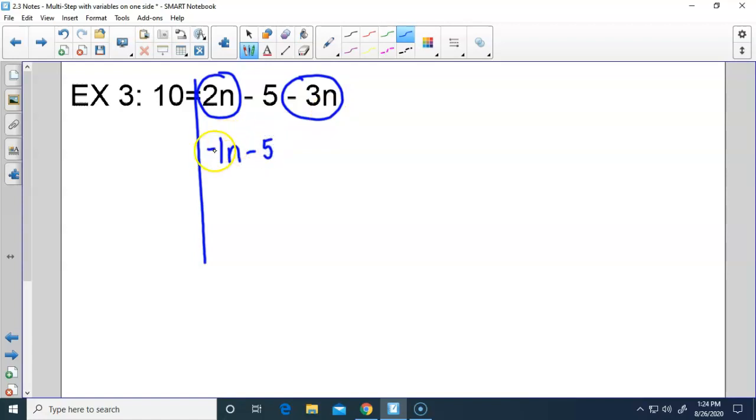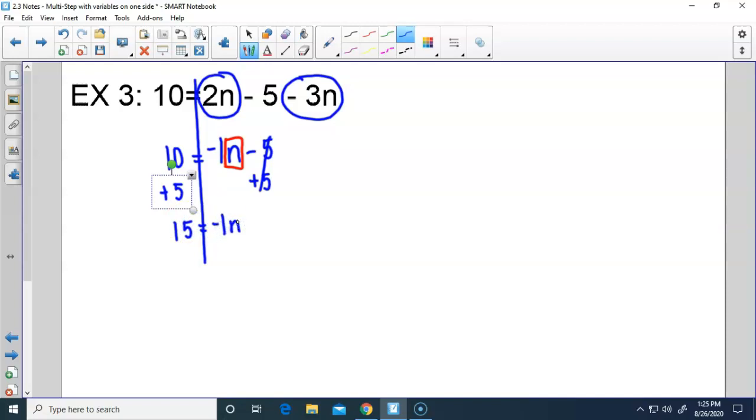If you want, you could just write that negative n minus 5. But a lot of my students usually like to write that negative 1 to help keep them straight. Now, we're trying to get this n right here by itself. And so we need to get rid of this negative 5 over here first. So the inverse of subtraction is addition. We're going to add 5. If we add 5 to the right-hand side, we've got to add 5 to the left-hand side as well. So here we get 15 equals